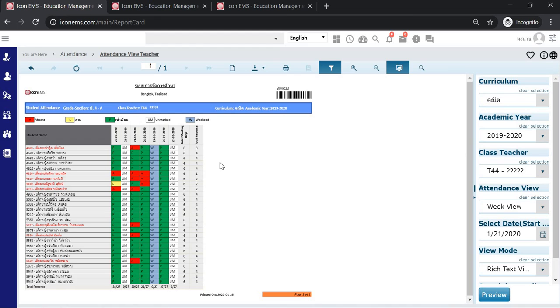And you can see these are the students absent, present, and the detail of the student name. Whoever is absent is showing as red. And the summary, like how many total days and how many days the child is present. UM stands for unmarked. You can see the code details here.